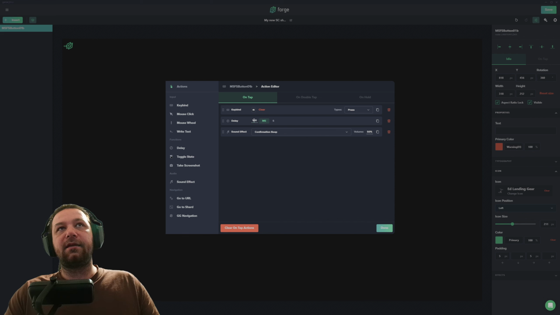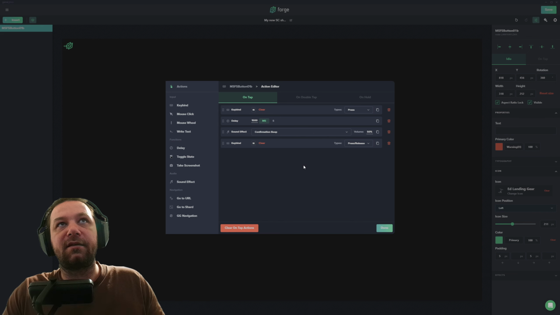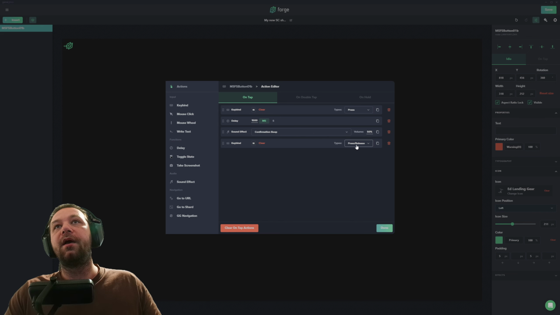We're gonna add the delay, but only for this function, only for creating quantum jump button, you need to make it 1500 milliseconds. We're gonna add our sound, and then at the end we are going to add another recording of the key. We're gonna press, let's leave it on N, it doesn't really matter because that's just a tutorial. And here we're going to choose the option to release. So basically like this, we're going to say